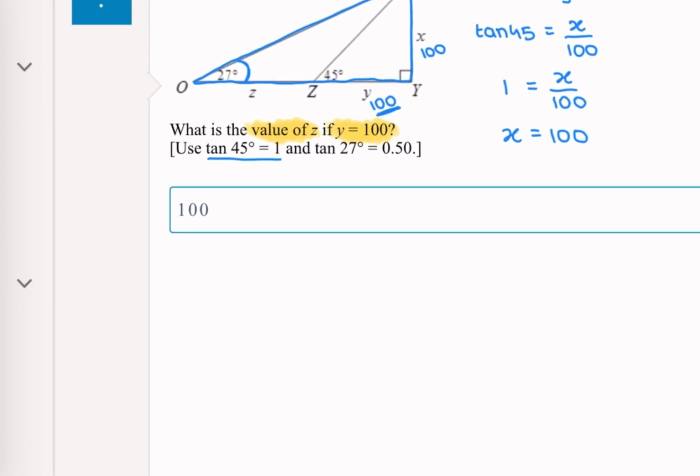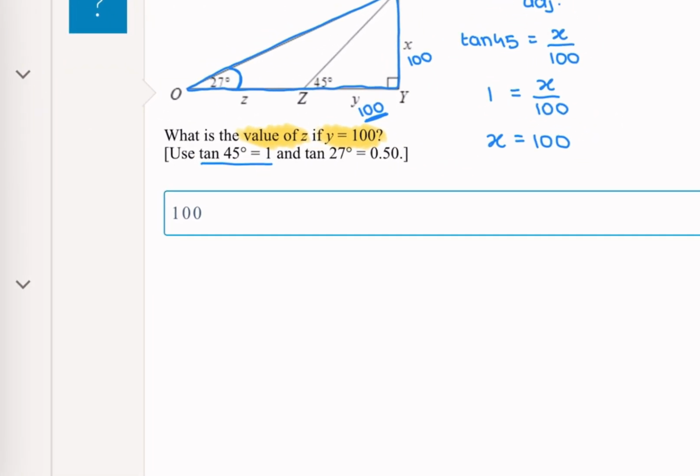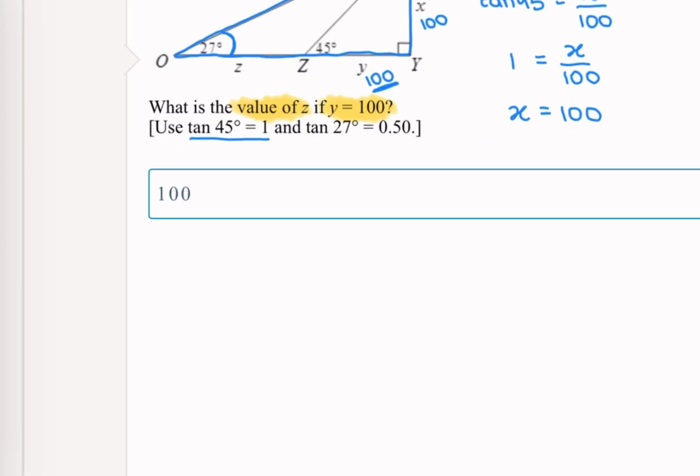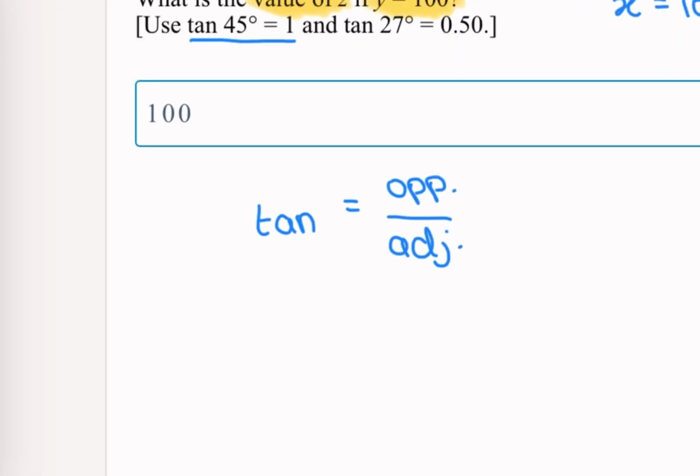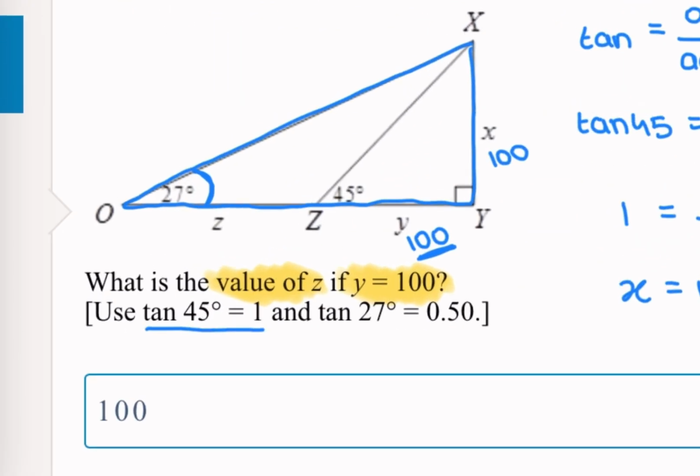So we're going to use the tangent rule again. The rule is tan equals opposite over adjacent. We have our angle 27, so tan 27 equals the opposite, which is 100,